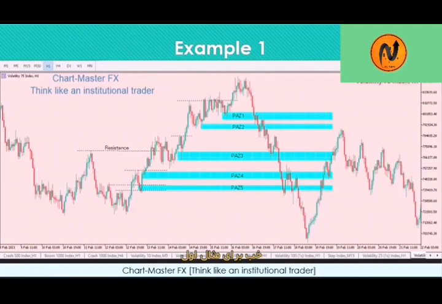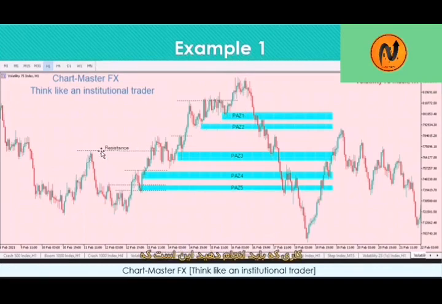So on example number one, guys, we are on Volatility 75 Index on the H1 time frame. This is how you draw your price action zones. You start here at the top. You have seen the price. Look at this, guys, you can draw a separator here. So currently our price is here. This is where our price is, guys. We have all this history. So this is what you do, guys, you draw your